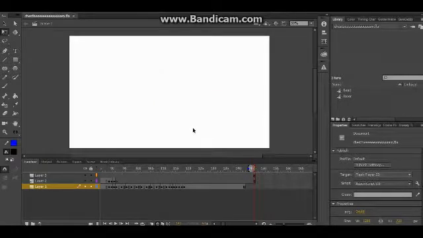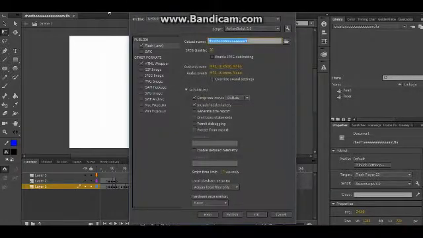Also, if you click Control Shift F12, you'll get a list of options. When I click Control Enter, it published to the file location of our FLA file. You might notice, why is there a Chrome file there? Well, I don't want that there. Me too. I don't want that there too. So, click Control Shift F12 or